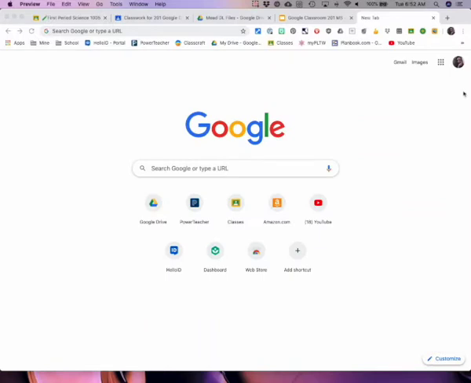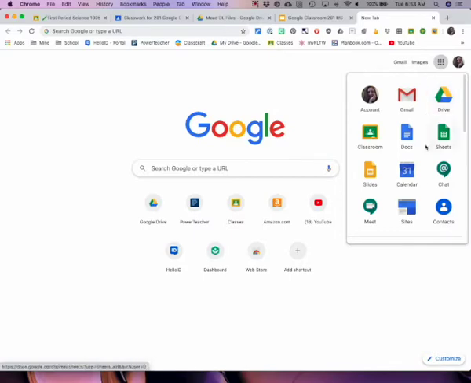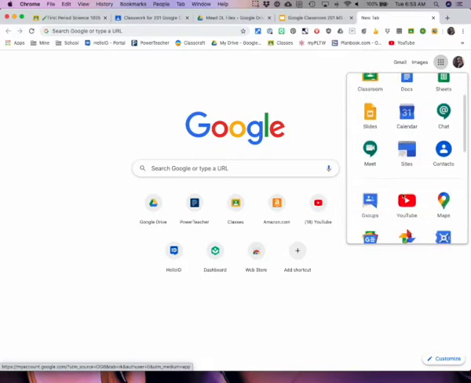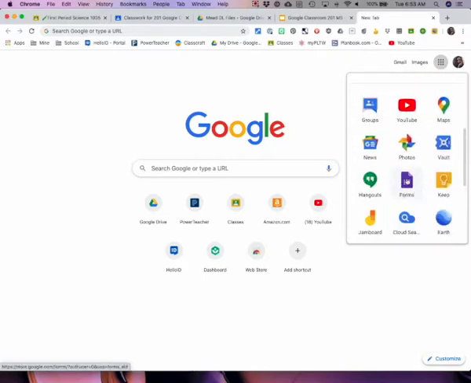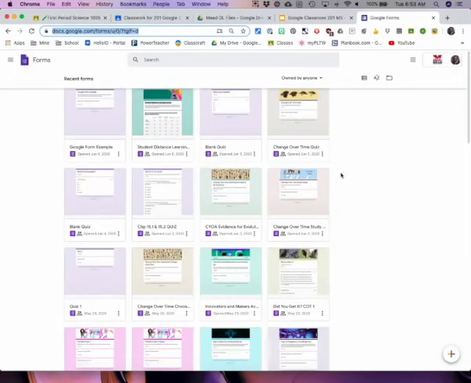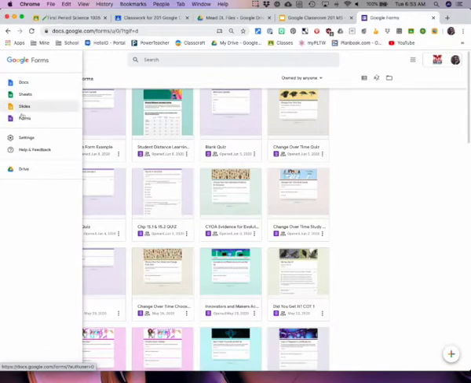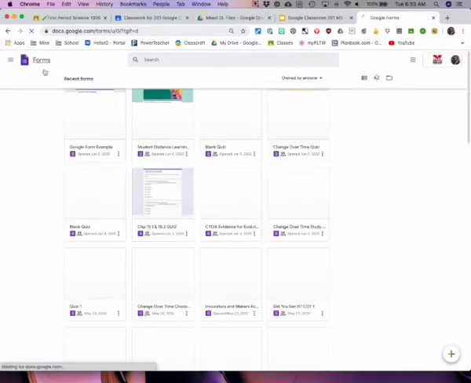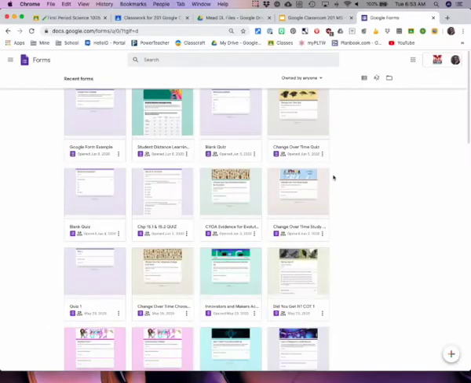So the first thing you want to do is go up to the waffle, and yes, that is still what I call it. I scroll down into the More section because for some reason Google Forms doesn't show up on the top. So just click Forms and it's going to take me to a list of all my Google Forms. And the first thing you can do from here, if you don't have any Google Forms, is go to the three dots, or you can go up here and make a new Google form and create a new form,